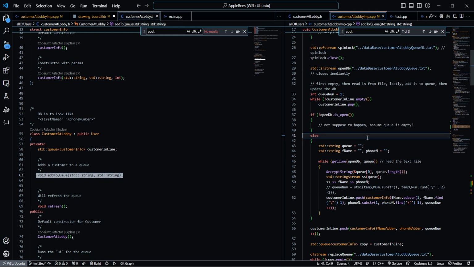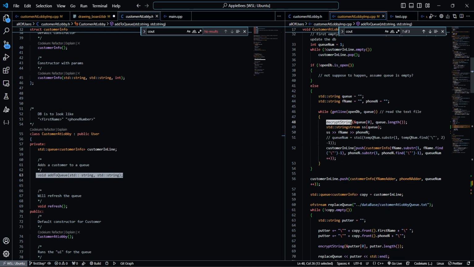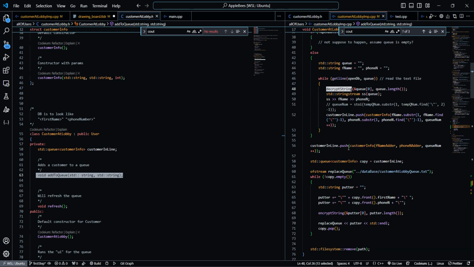And then we reread it. So we get all the stuff from if it is open, we reread it, we put it in the queue, then we'll call decrypt so no one outside can see what's up, and then push it onto the queue. Afterwards, we push in the new customer that we just got, and